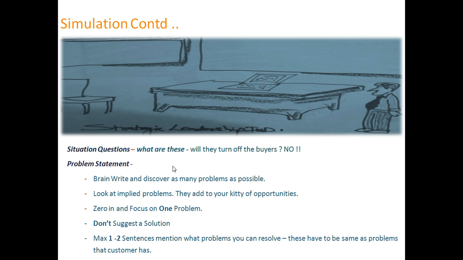Second thing, you will be blocking the avenues to get any kind of implied problems further discussed, because he's discussed a challenge with you, or rather say, you have gone ahead and identified the challenge, you've gone ahead and confirmed that challenge with the client, and then immediately you provided a solution. The client also might say, okay, fine, if he's ready to just focus on this much of whatever it is that I am ready to offer to him, I'm okay with that, right? So that is one thing you need not do.